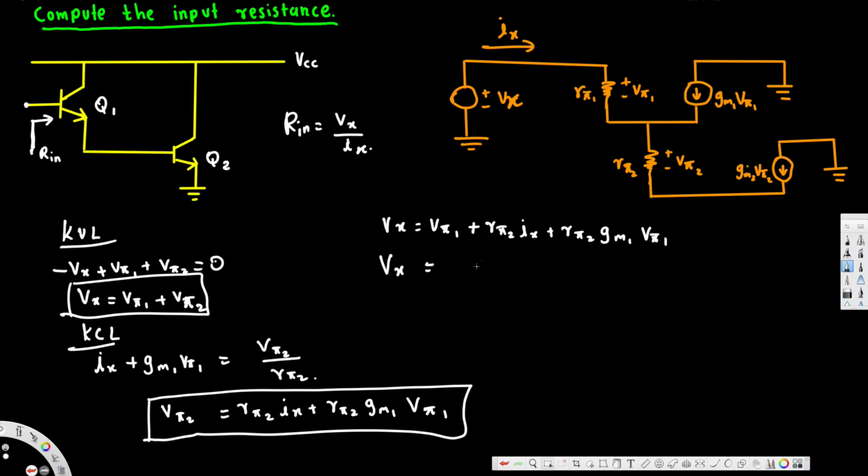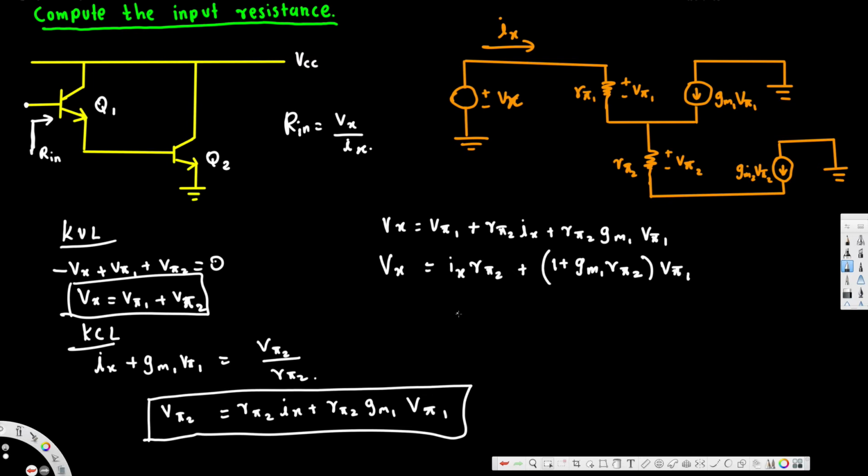Vx is equal to, we can take V51 common if we do that, and here we have Ix R52 here. Let me write that one first. Ix R52 plus 1 plus gm1 R52 times V51. Okay, this is what we have, Ix R52, and then